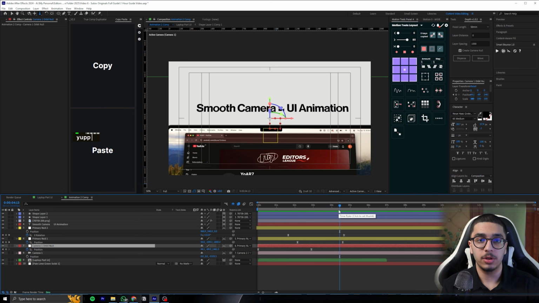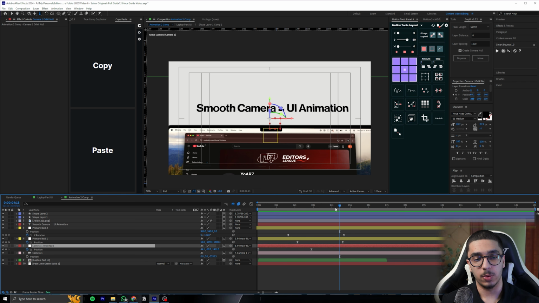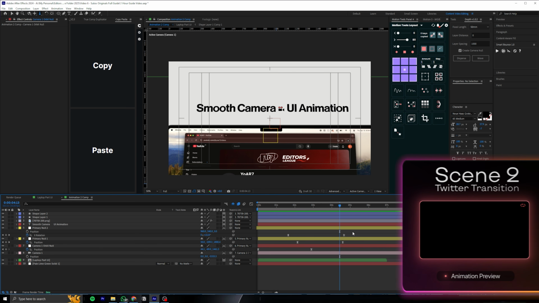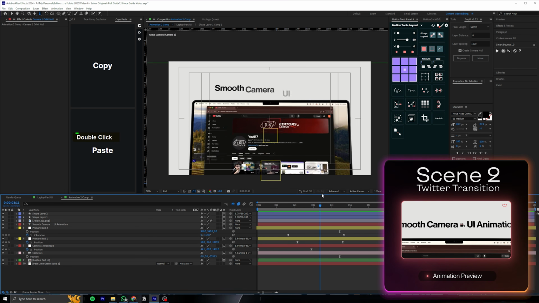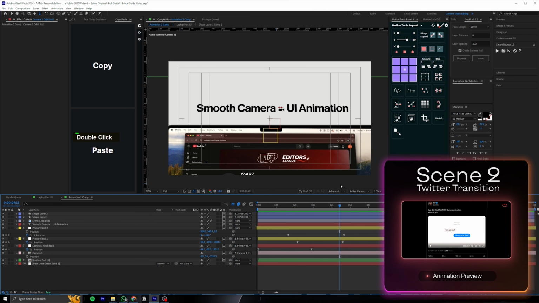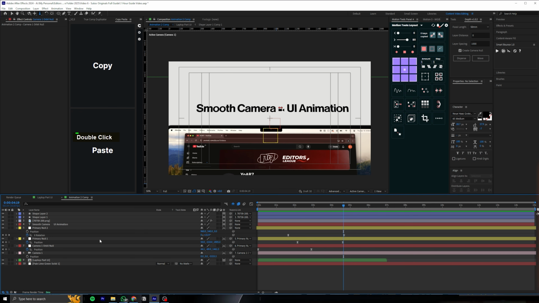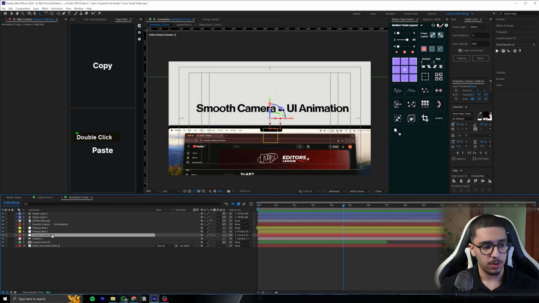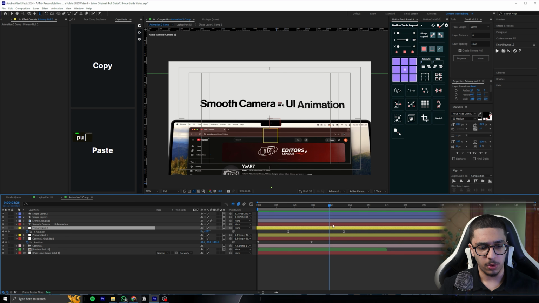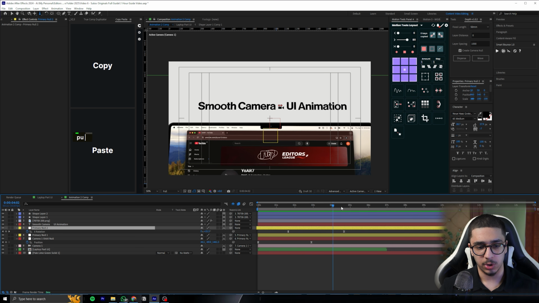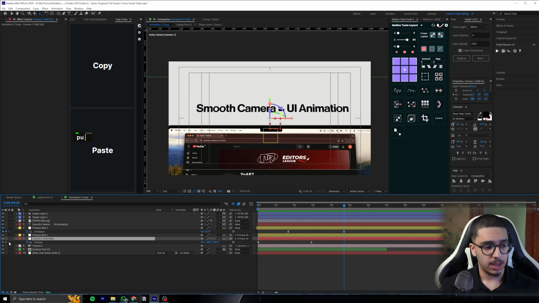Now for the last part, what we need to do is we need to take it to our second scene, okay? And the way that we're gonna do that is we're gonna zoom through this. So you guys can see how there is a little zoom. We're gonna pause here for a second, and then it's gonna just zoom through this, like boom. And the way we can do that is we can take our first null, okay? Just click P on our first null, click U on our third null, just so I can see where the position is, okay? I will click P over here, and let's say I will go like 2 seconds ahead, almost this much,